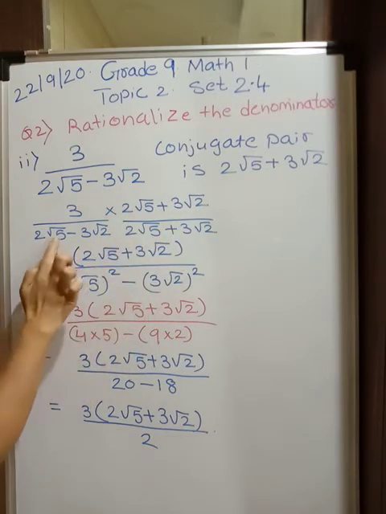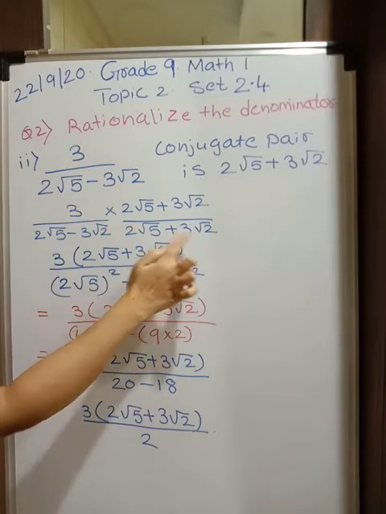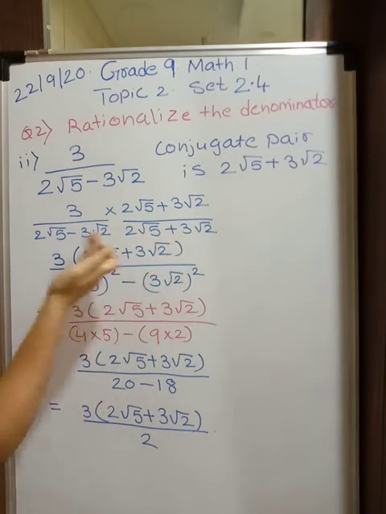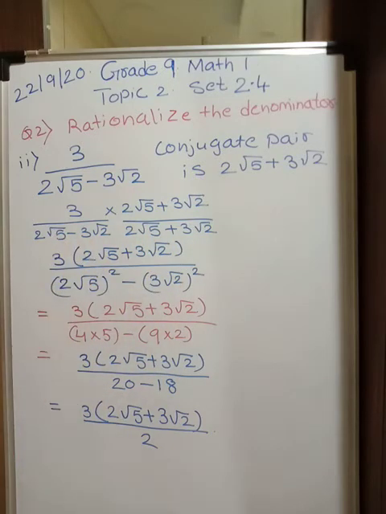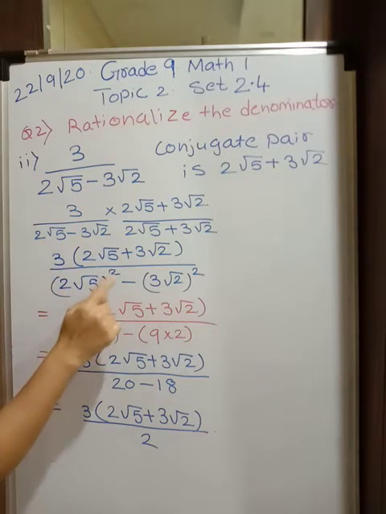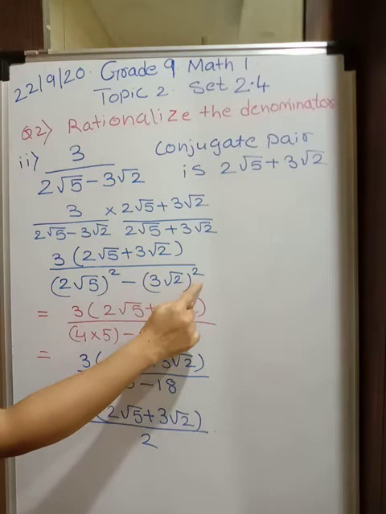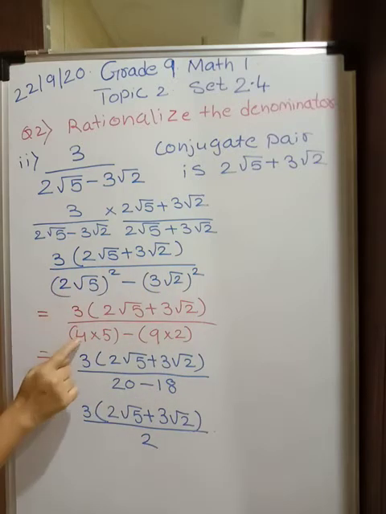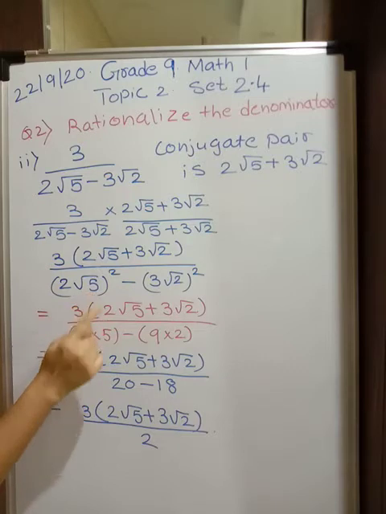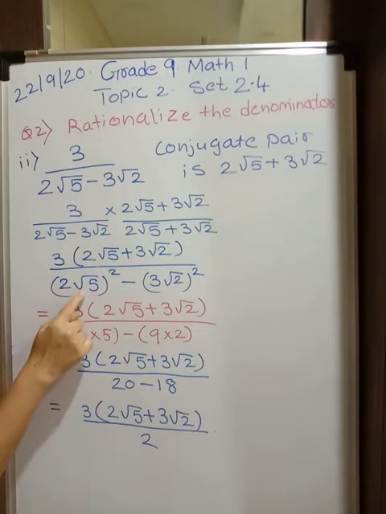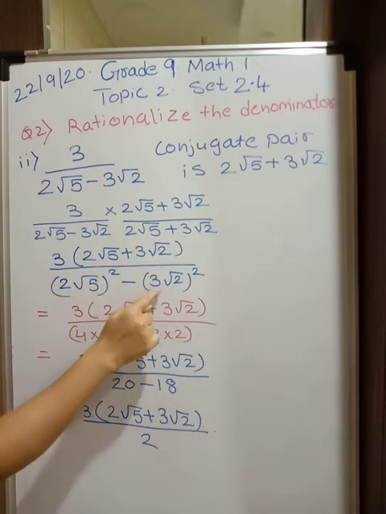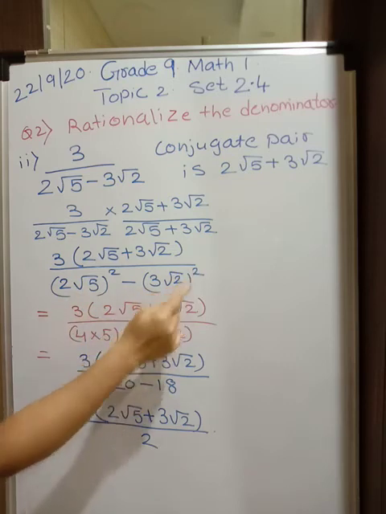Now this is a minus b into a plus b, so it is as good as a plus b into a minus b. What is it? a square minus b square. What is your a? 2 root 5, the whole square, minus 3 root 2, the whole square. What is the square of 2? It is 4. What is the square of root 5? We have seen in the earlier example, it will be only 5, because this will be root 25 and the square root of 25 is 5. Similarly, 3 square is 9. Root 2 square will be 2.